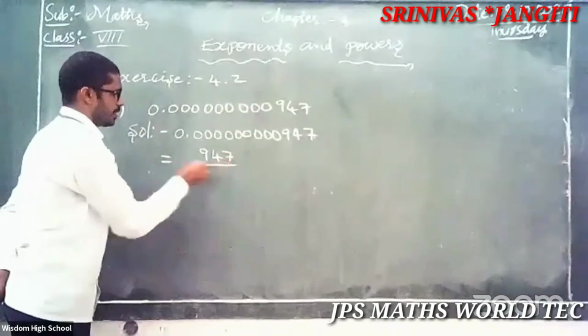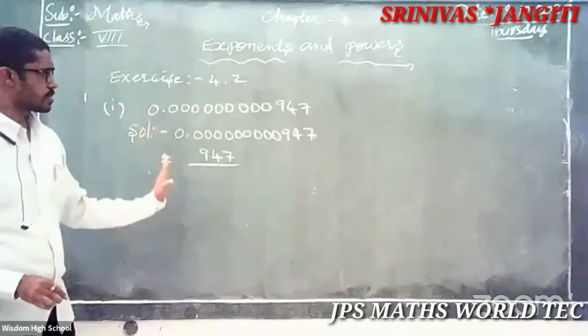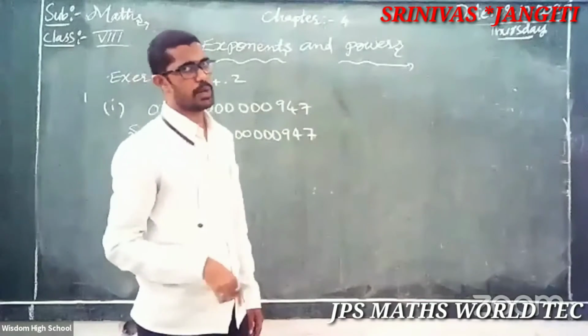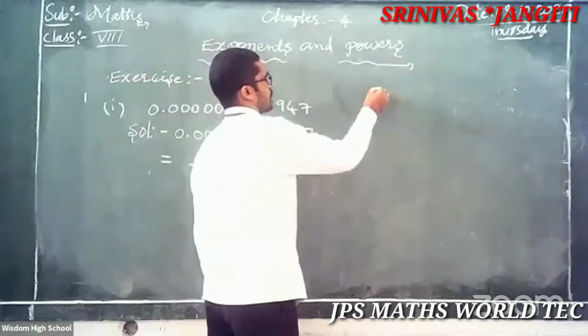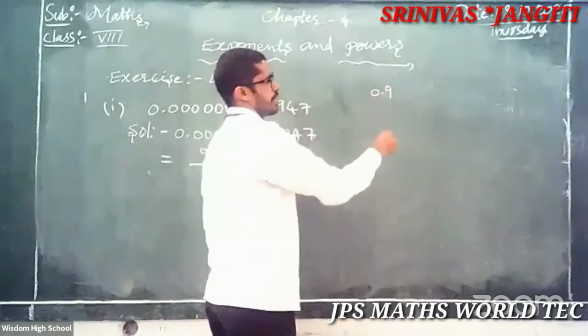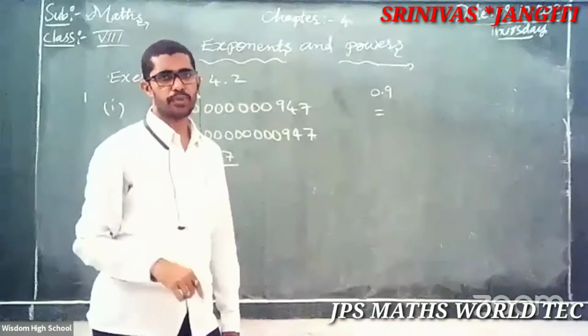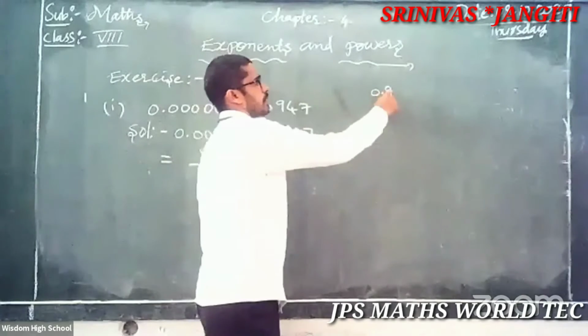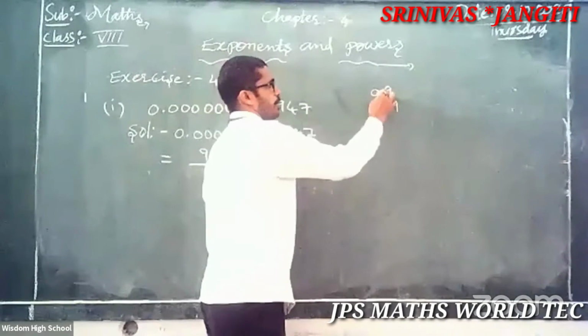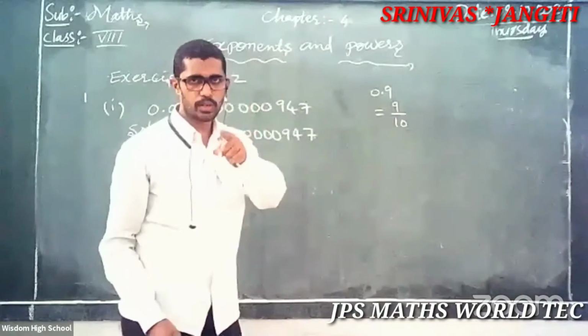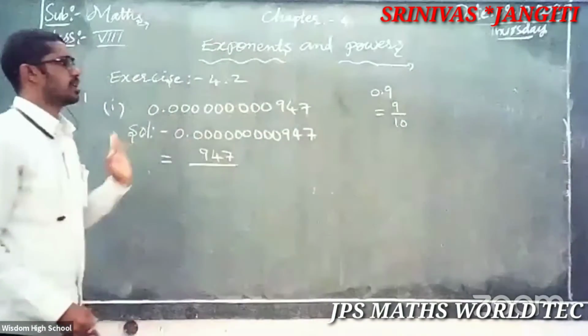First, if you want a simple way, in our first chapter you will know the p by q form. Observe how that is. Suppose 0.9 is given. What should we write here? 0.9 is the decimal form, right? In p by q form, how? Here 9, and how many digits after the point? One, that's why 1 and a 0 below. So 9 by 10. The same method applies here also.